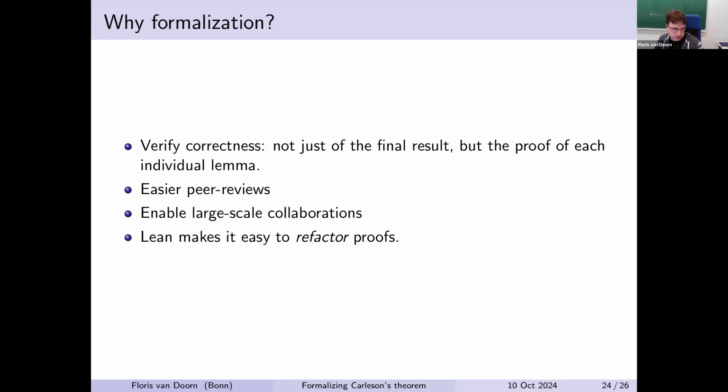I think Lean is already showing that it allows for good large-scale collaboration in this Carleson project and also in other projects. And one thing that is nice is Lean. It's hard to formalize things in Lean. It's still much more work than writing down a LaTeX proof. But actually, Lean makes it easier to refactor proofs, because if you change the definition a little bit, Lean tells you exactly, oh, these are all the spots where you now have to modify your proofs a bit.